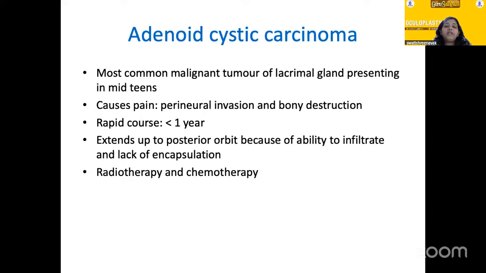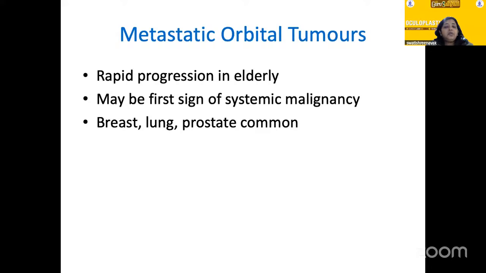In cases of adenoid cystic carcinoma, it is the most common malignant tumor of the lacrimal gland, presenting in the mid-teens. It causes pain because of perineural invasion and bony destruction. It has a rapid course, usually less than 1 year. It extends up to the posterior orbit because of the ability to infiltrate and lack of encapsulation. Radiotherapy and chemotherapy work. Now coming to the next category, metastatic orbital tumors, they are rapidly progressive in the elderly